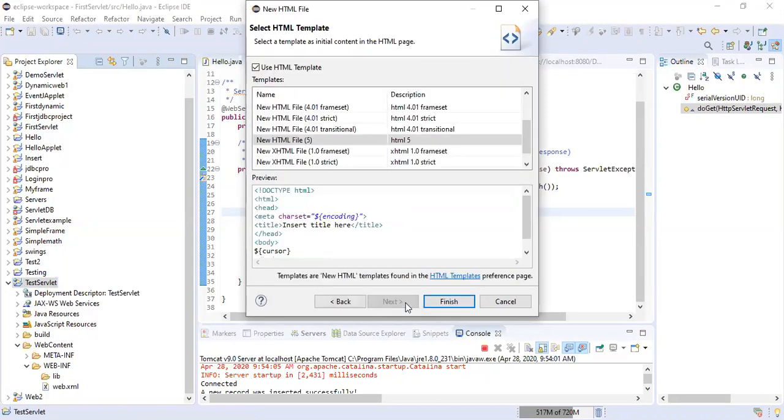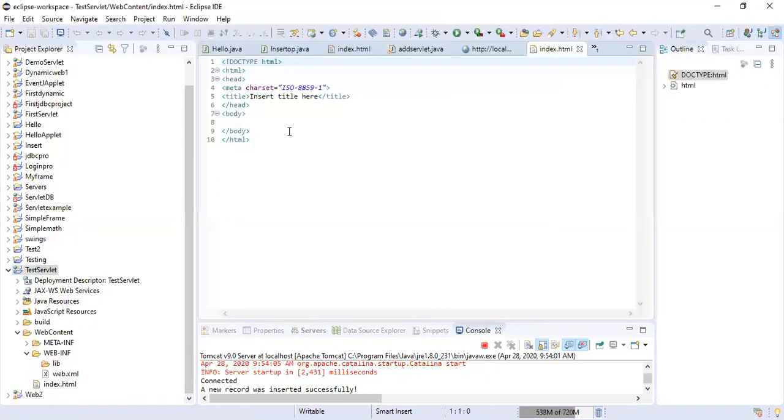It will give you a preview and ask you the version. Keep the version provided as it is and say Finish. Now see, your index.html file gets added to the same folder. And this is the pre-built code of your HTML file.